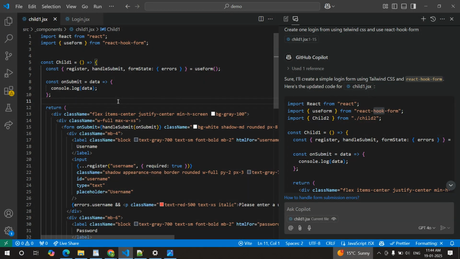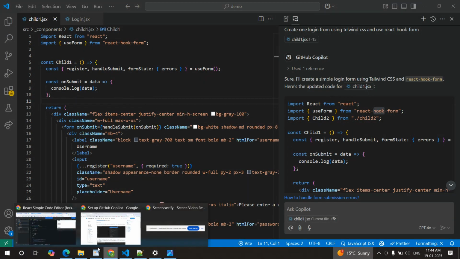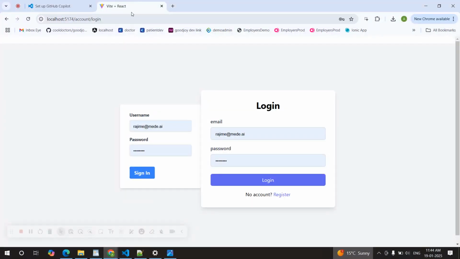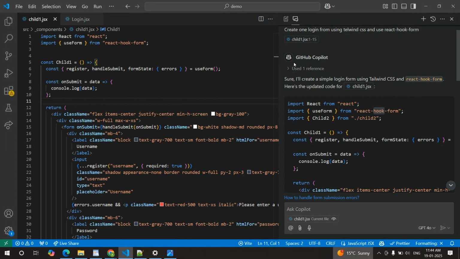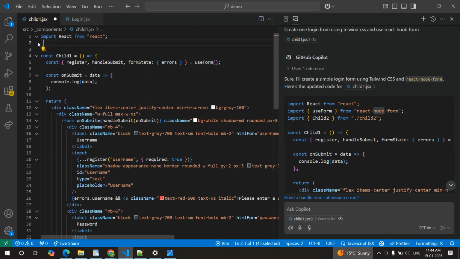Now let's see how it will look in the browser. Yeah, you can see this login form is added. So like this, you can use Copilot and generate your code as per your request. Even it will fix the errors also. For example, if I am using the useForm hook and I have not imported it,